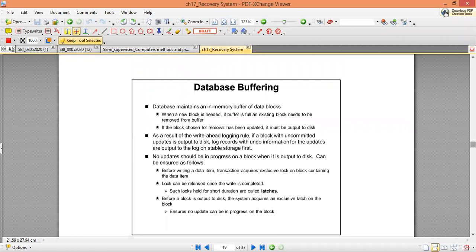That ends this recovery unit, and in the next class we will start a new topic. If you have any comments or questions regarding this unit, you can ask me. I'm leaving some time for you to ask questions, and I'll be happy to answer.